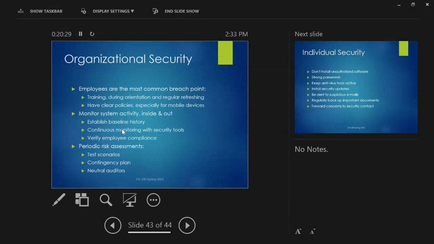So organizations basically need to keep an eye on what employees are doing, right? Have clear policies, train the employees, monitor that they're actually doing what they're supposed to do and not doing what they're not supposed to do, stuff like that. And periodically, they need to do risk assessments, like do some kind of test scenarios. That's one of the things they do here at UIC if you're an employee. Periodically, they'll say, okay, this quarter we're going to do some security stuff, and we're going to try to send out phishing emails and see if we can catch any of you with them. And if you do get caught by one of the phishing emails, then of course you are cordially invited to an hour-long security refresher session. So, yeah.